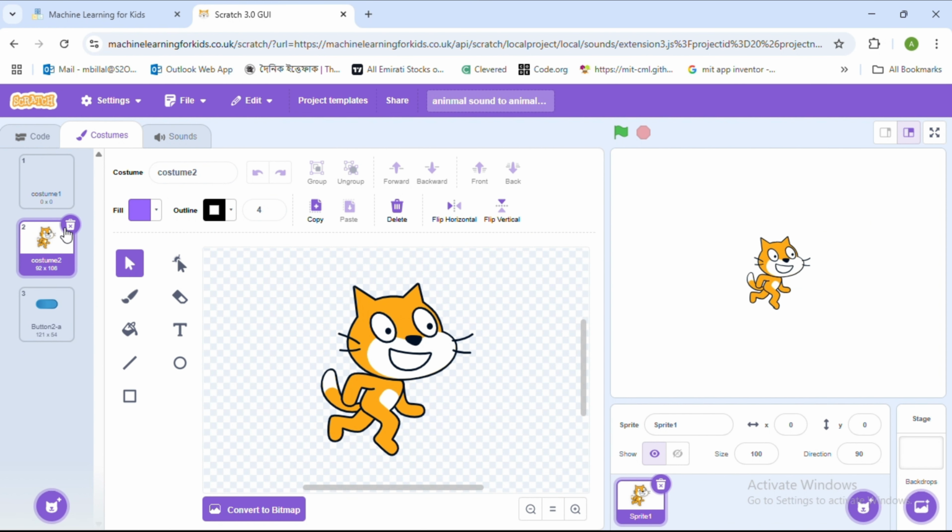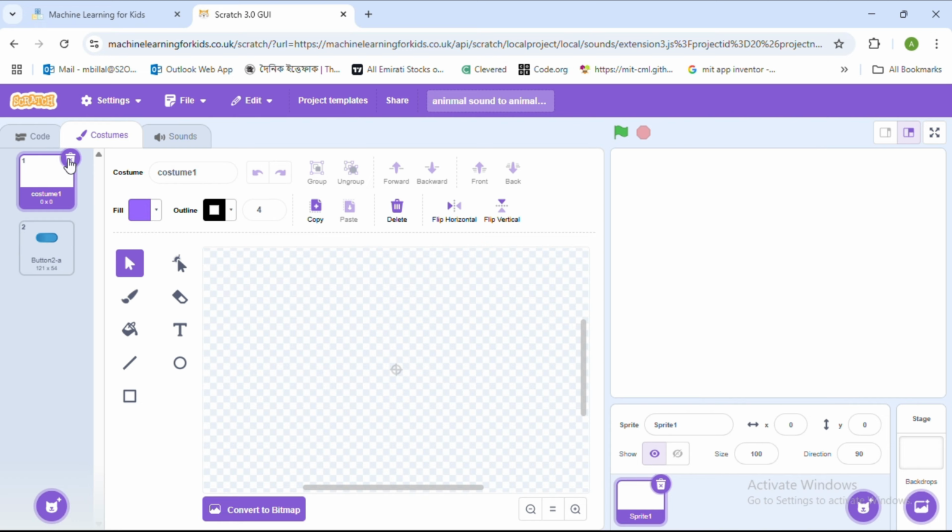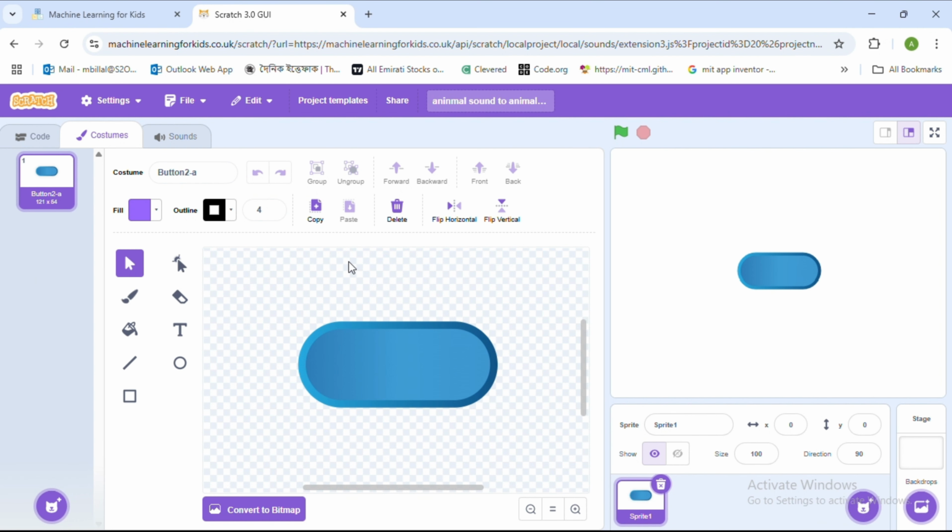Duplicate that, I think so. Yeah, I don't really want to do that. So now the button is here. Let me go add the text. Start